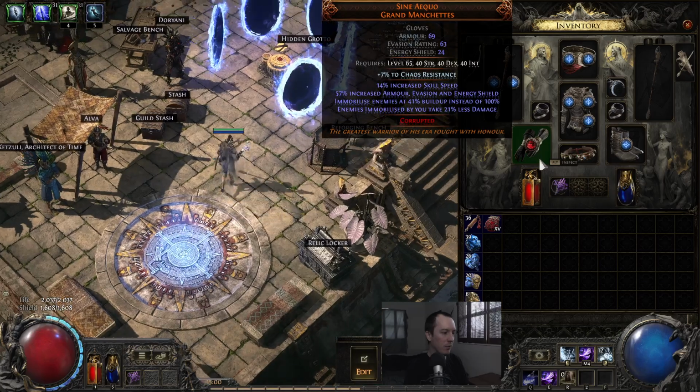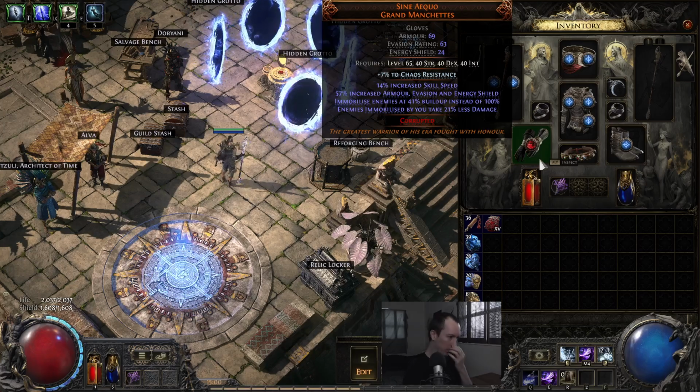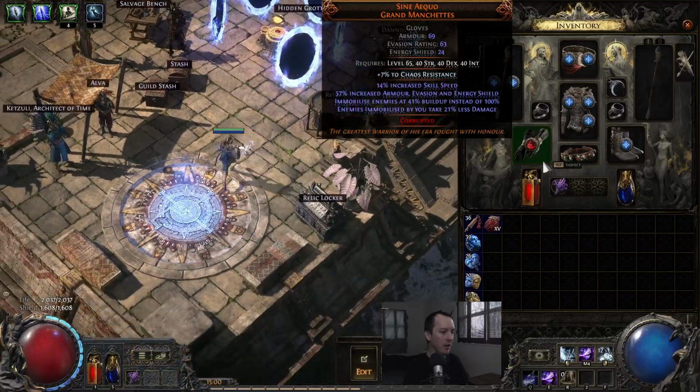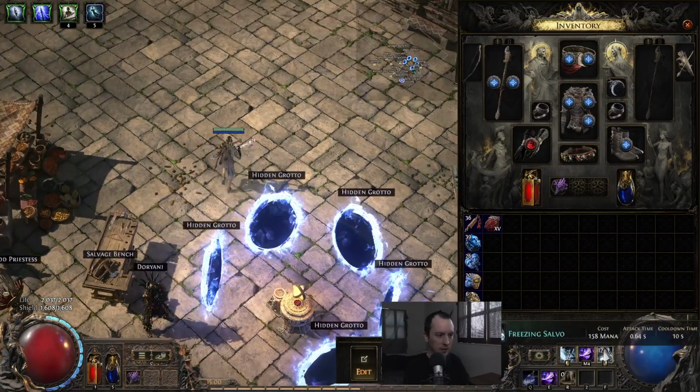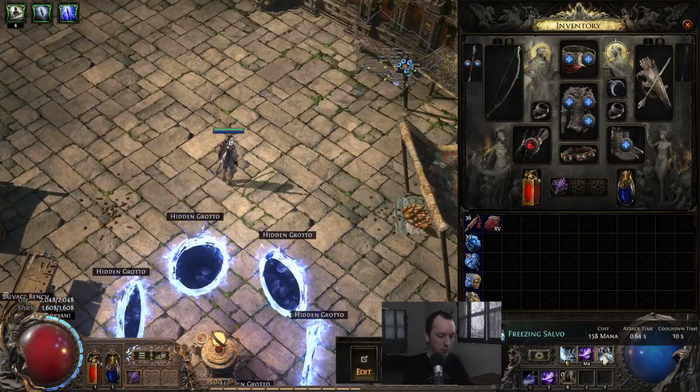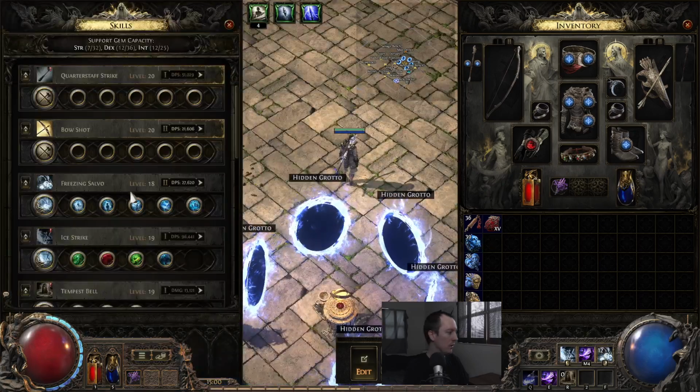What I landed on was freeze because it seems like there's just a bit more ways to invest into getting freeze built up quickly than the others. And I basically needed one ability to apply said freeze. What I landed on for that was Freezing Salvo, so I have a bow with Freezing Salvo, which is a